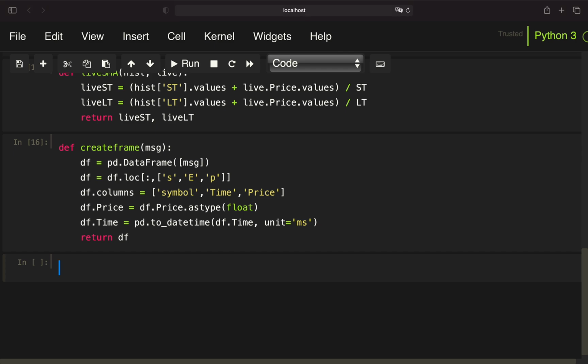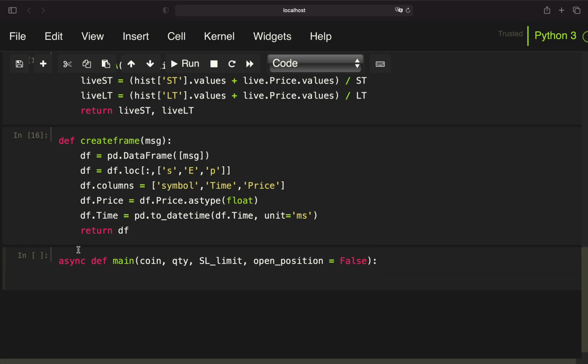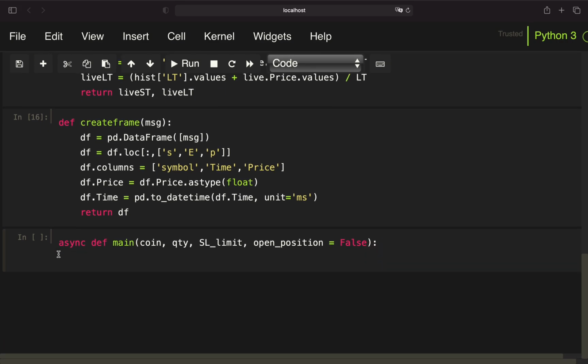Okay, and now we are defining the strategy. So we are just using the live price extraction as exactly described in the Python Binance library documentation, right? So we are defining an asynchronous function here, which we are calling main. You can also call that strategy, right? And this function is taking a coin, a quantity, and a stop loss limit, and is setting the initial open position to false,